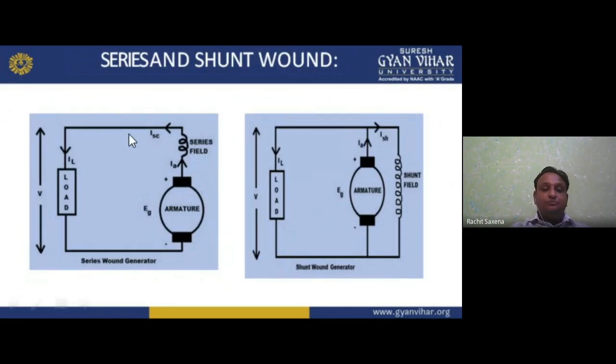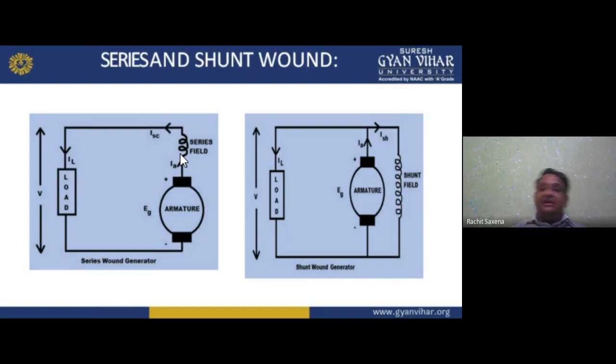Now, series wound and shunt wound. See here, what happens? Basically, how can we understand? My dear student, there will be some remaining flux in it, known as residual flux. That residual flux is cut by the armature, which induces EMF, and through this we get current. That current flows through the series field and energizes it again. For example, I have 0.04 Weber flux in it. After cutting the flux, we get a voltage of 2 volt. So 2 plus 0.04, we get 2.04 flux again. Then if I cut again, I get more. So it is increasing.